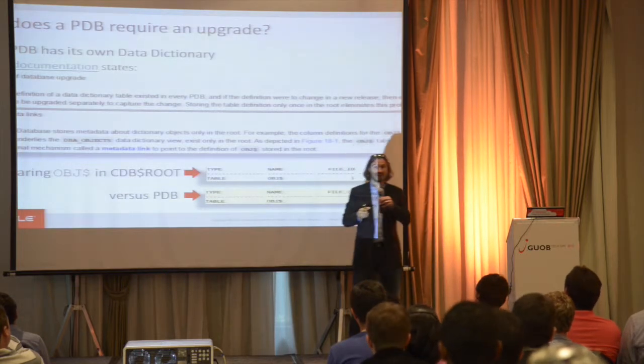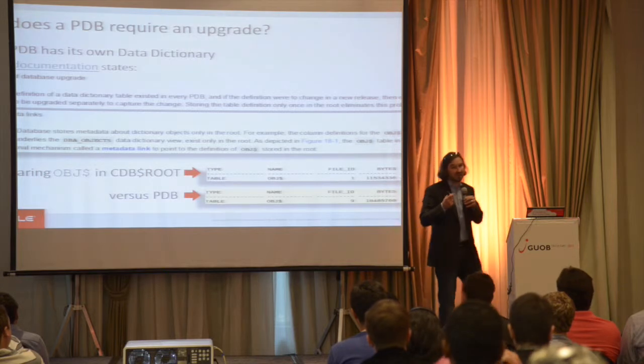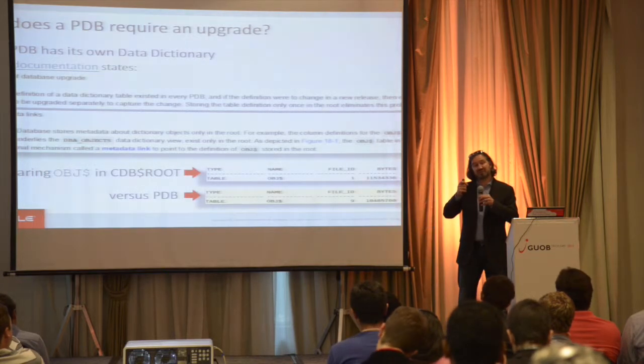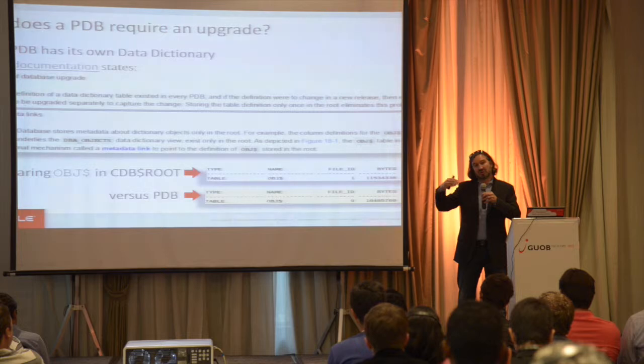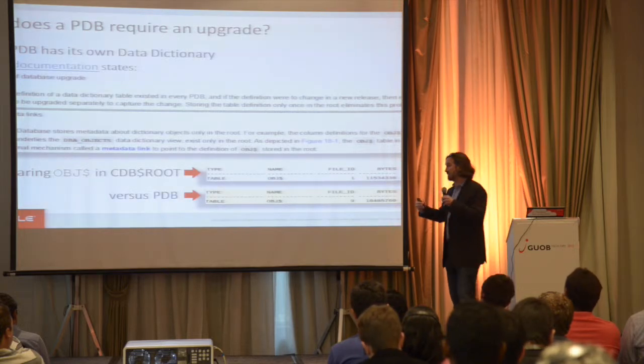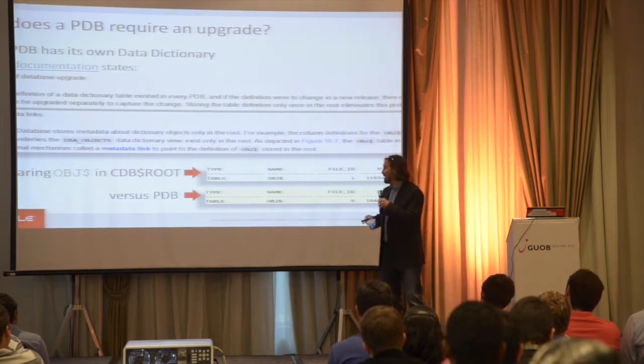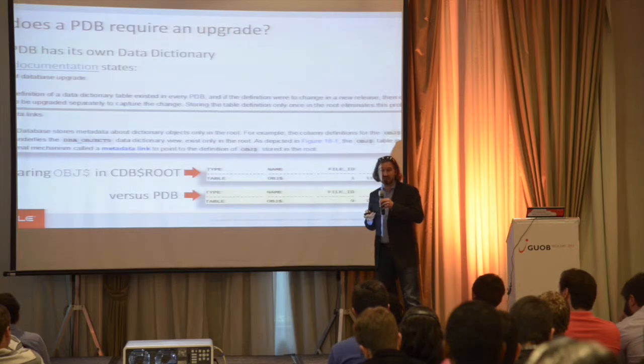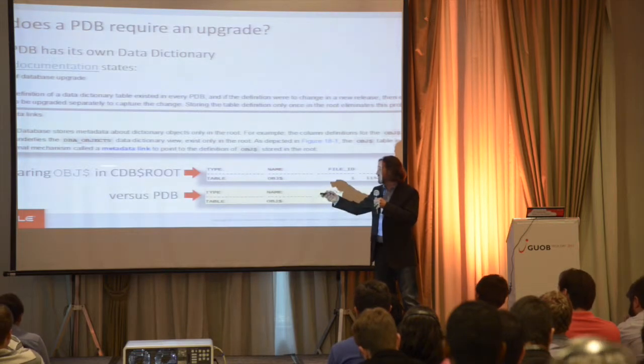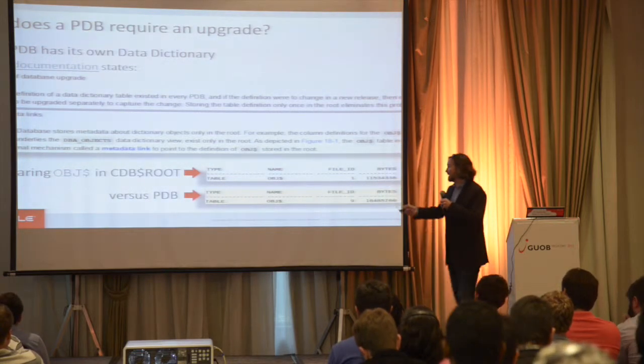So a lot of dictionary tables have a new column called sharing. And in that column, you'll find if something is connected together. So like information just replicated between PDB and CDB$ROOT. But if you really dig into the dictionary, you'll find, let's say for obj$, that in my root container,